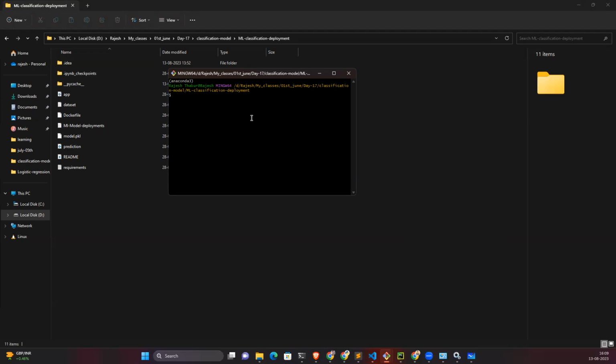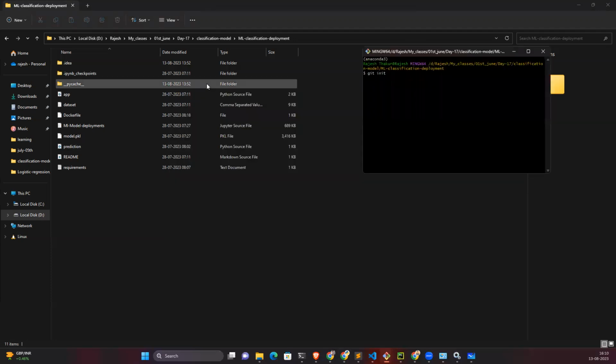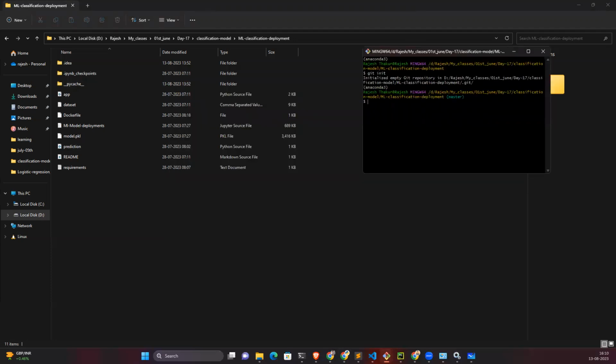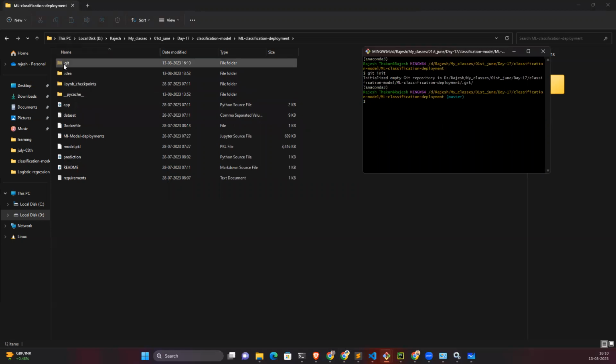So now, if you are able to open this window, just write down the git init command. Let me copy paste it in your chat as well. Type this command, git init. As soon as you hit this command, you will observe a folder called .git gets created. Let me run this command, and you can see a .git file got created. Are you able to see this .git file in your folder?